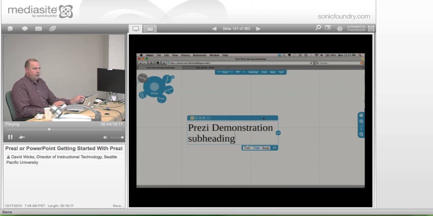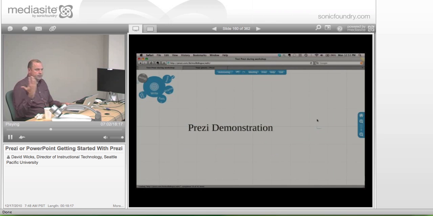But if I wanted the ability to move that subheading around or change the font size or something, then I really should make it its own independent item in this. I'm going to delete that off there. And so once you've created it, if you just click off, that then becomes its own item on the Prezi screen. And so to edit this, I've got two choices. If I want to do something to this